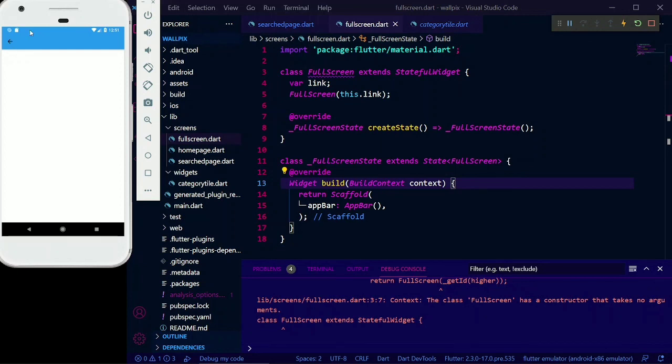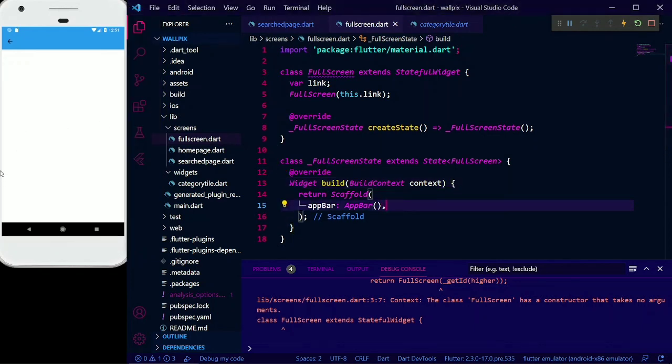In the next video I will show you how we will load the full image here, and also the options where we will download the wallpaper or set the wallpaper. For setting the wallpaper we need Java code. We will discuss that in the next video. We will learn how we can show the full image and zoom it, and a few buttons we will add over here for download or set wallpaper, and also the loading screen, showing how much percentage of the wallpaper is downloaded, and whether the wallpaper is being set or not. So we will discuss that in the next video. Till then, goodbye, take care.